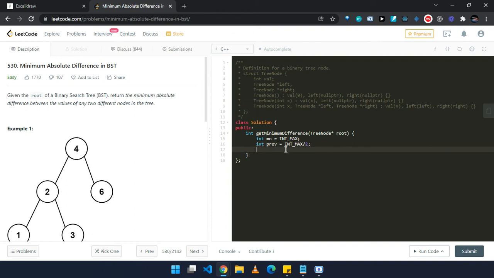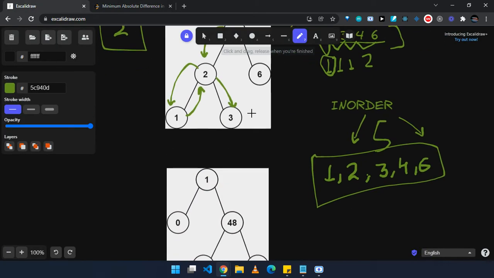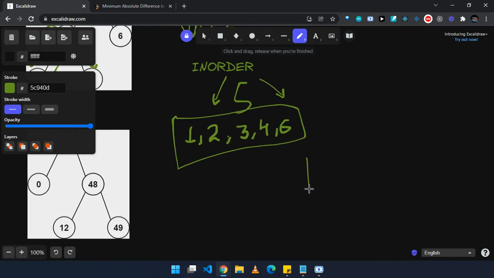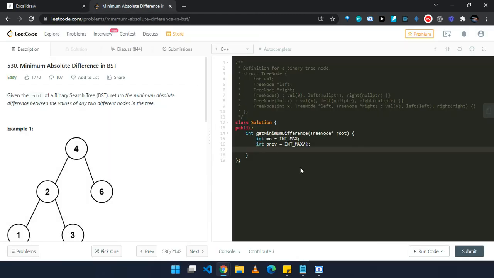We are using int max divided by 2 because in some cases there would be like int max minus of minus 2, it will overflow. So in order to avoid this, we use int max by 2 so that it does not overflow the integer variable.